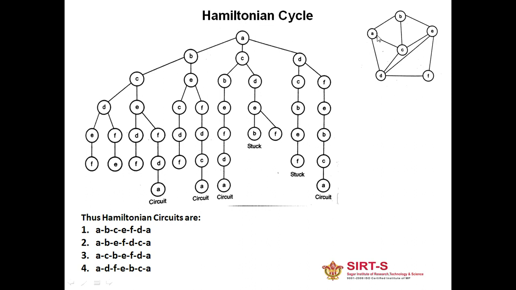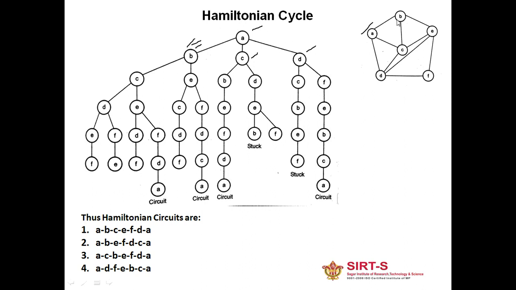We'll start from an arbitrary vertex, that is A. We are taking A here. You can take any vertex, but I am taking A itself. So we start from this A. A is given here, so A is the root node. The adjacent vertices for this A are B, C, D. So I have this B, C, and D. These are the adjacent vertices. Now we are going to consider this B. Why? Because we are using DFS. So we'll take care of this B. What are the adjacent nodes of this B? For B they are A, C, D.